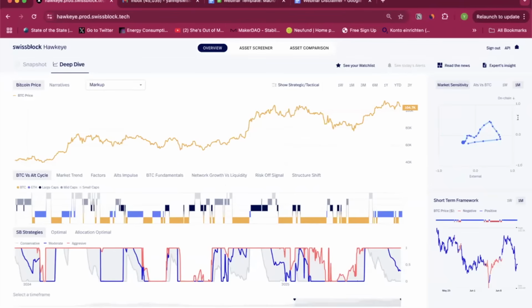You can see that over here on the right side, where we map external factors, and this is macro, what Henrik just reviewed, together with on-chain factors, which is on the y-axis. And what we basically do is try to track that relationship over time. And as you can see, what is really interesting with the current situation is that we've actually gone full circle back to the same area that we were in mid-May. And the reason this is important is because mid-May was actually the end of the first move up that we had in Bitcoin.